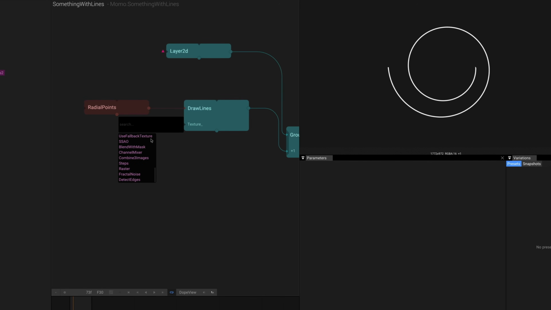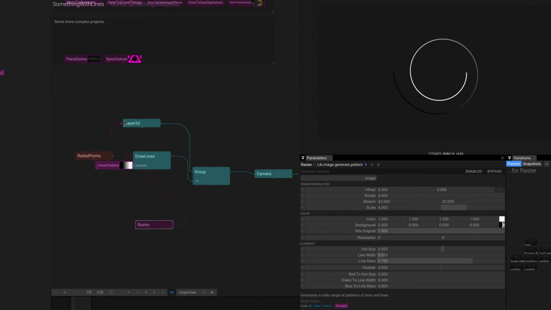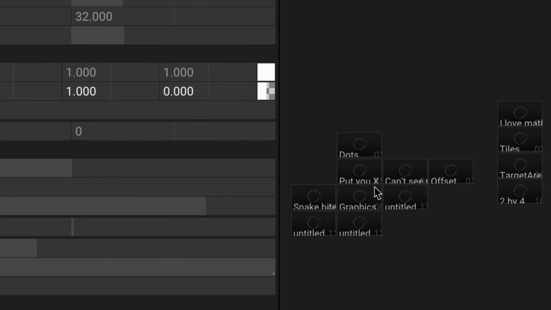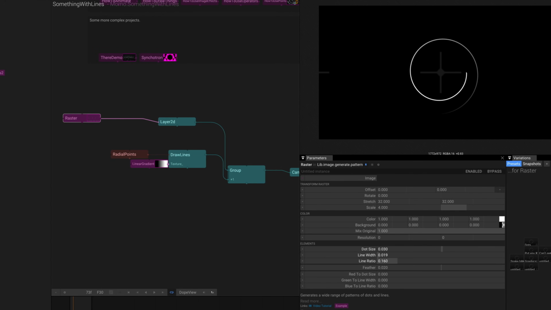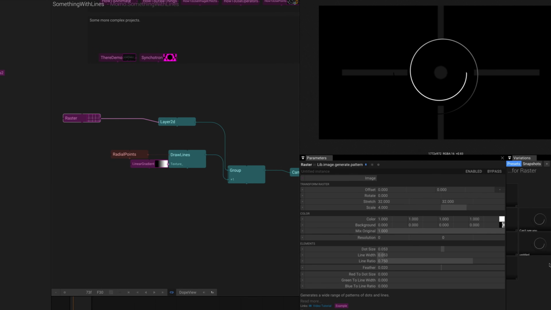So I tested a few texture nodes and then stumbled upon the raster node, which didn't really work on the spiral, but the description of the node piqued my interest, so I've tried connecting it to my 2D layer, which worked great. And using Tixel's preset browser, which is pretty great, I looked through multiple of the presets and decided that's something I want to process further in an animation.